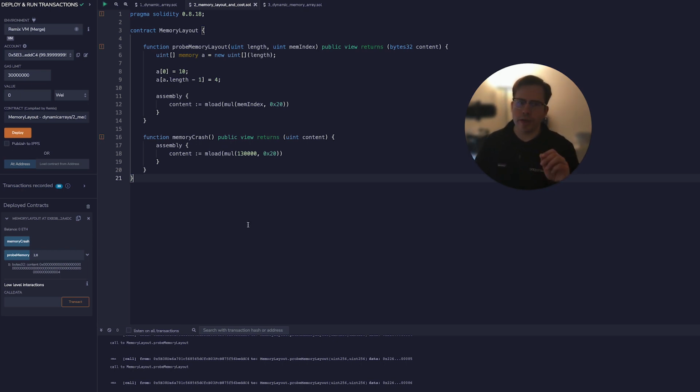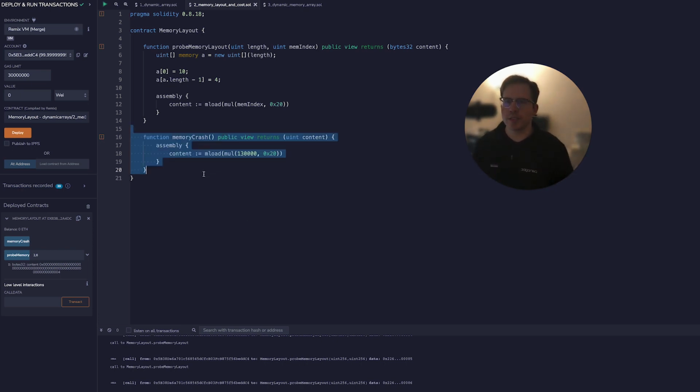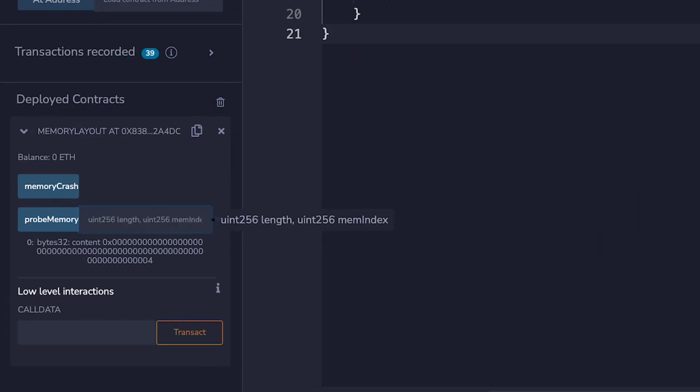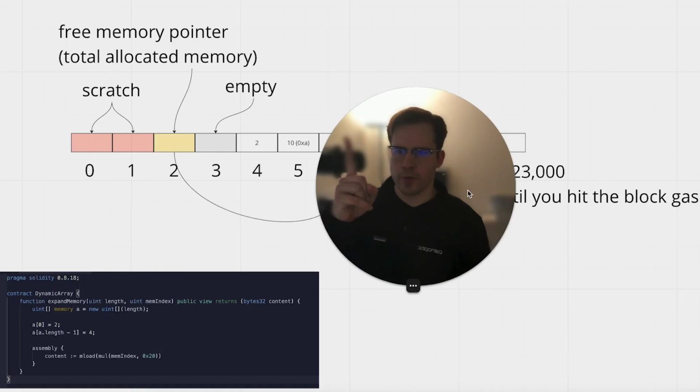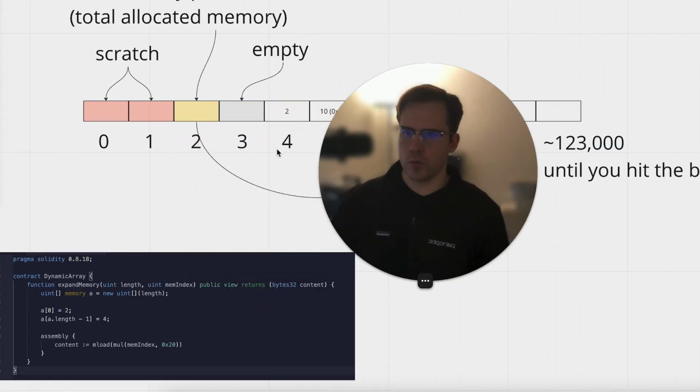Okay, now let us show one interesting thing here, which is the memory crash. Well, first of all, before that, let me actually just try to create an array. Again, I was just creating one of size 2. Let's create one of size, let's say, 10, and we can probe. I want to probe this free memory pointer now. Remember this before was